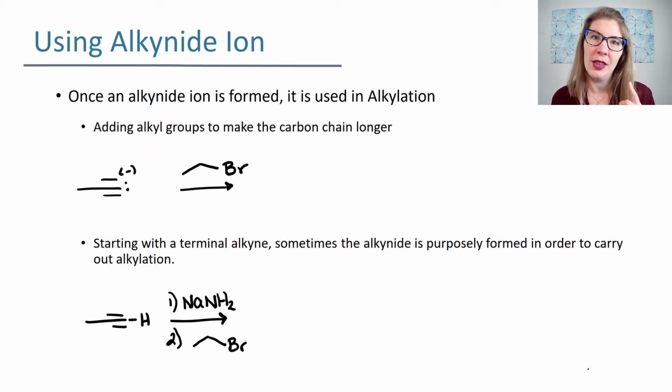Here's the cool part about the alkynide ion. Once the alkynide ion is formed, we use it in subsequent reactions. We use it to lengthen the carbon chain. And that's actually really special because out of all the reactions you've learned so far, not many of them add